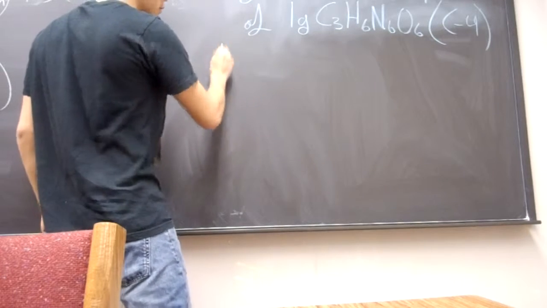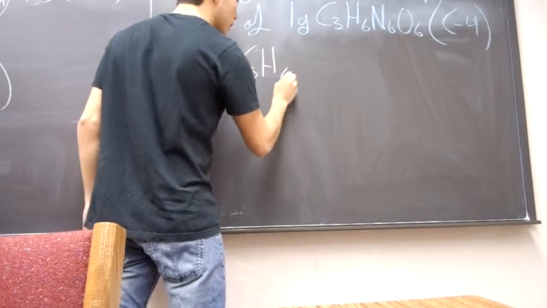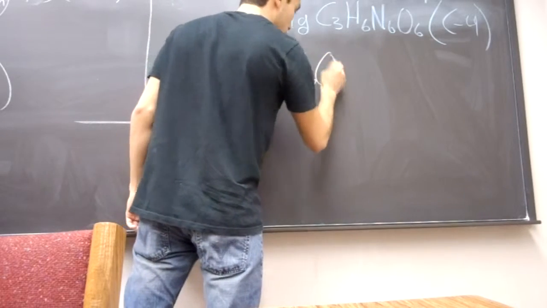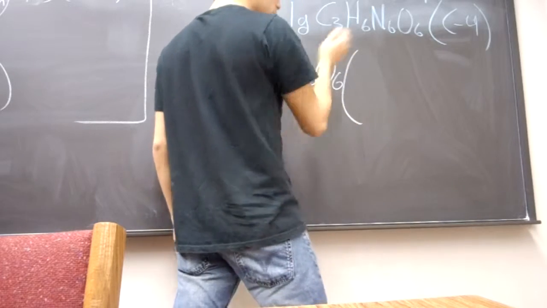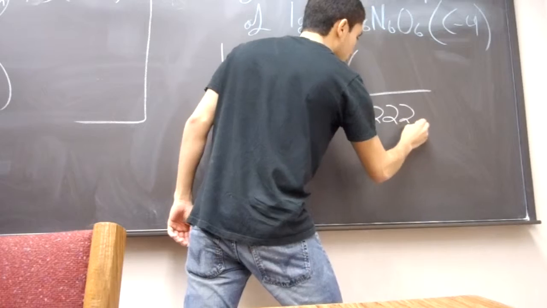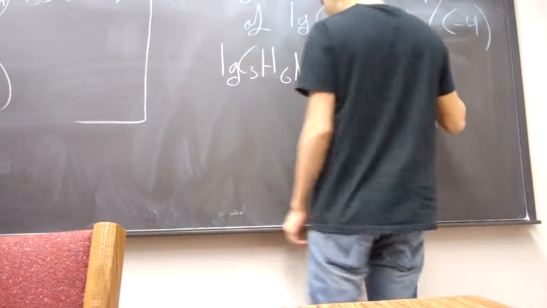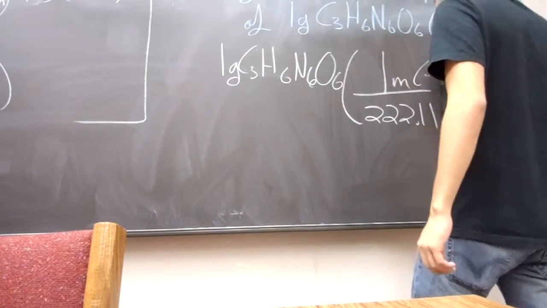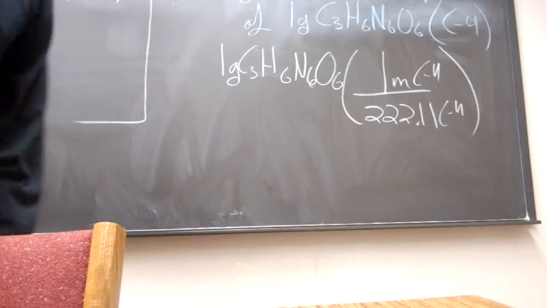So we have 1 gram of C3H6N6O6. We want to convert that to moles. So we use the molar mass of C4, which I found beforehand, 222.11, all over 1, and this is all C4, which resulted in